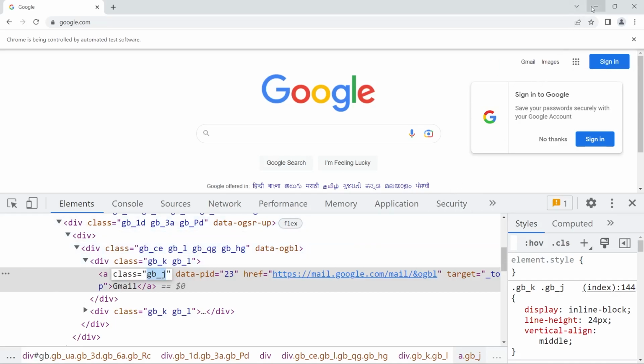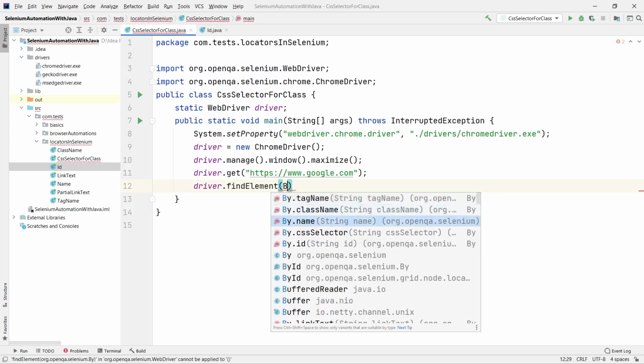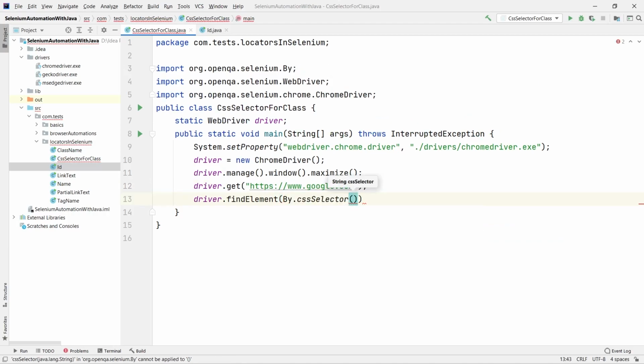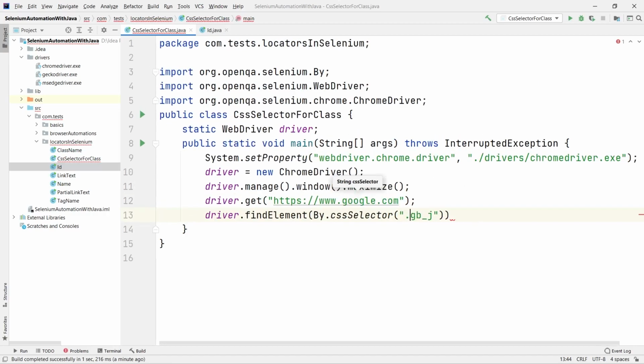So I copied this. Let me go back to my program and let me just say driver dot find element by dot CSS selector, and let me just paste our class name here. And if you see, let me zoom it for you. I am just using a dot before the class name, okay. So let me also make a comment here so that you can remember that. For class name we use dot for the CSS selector,